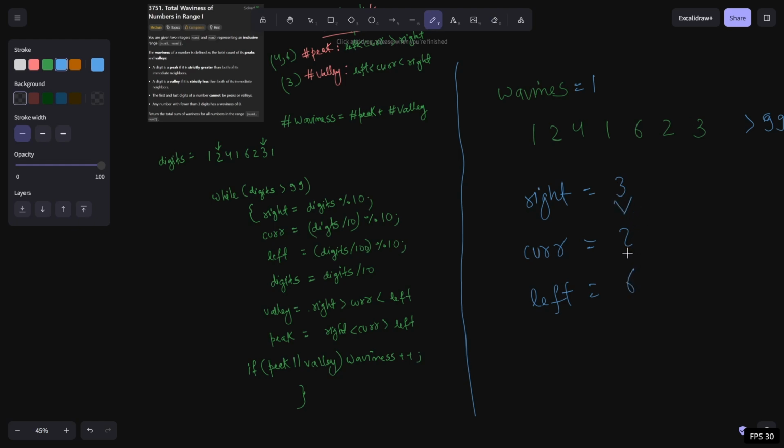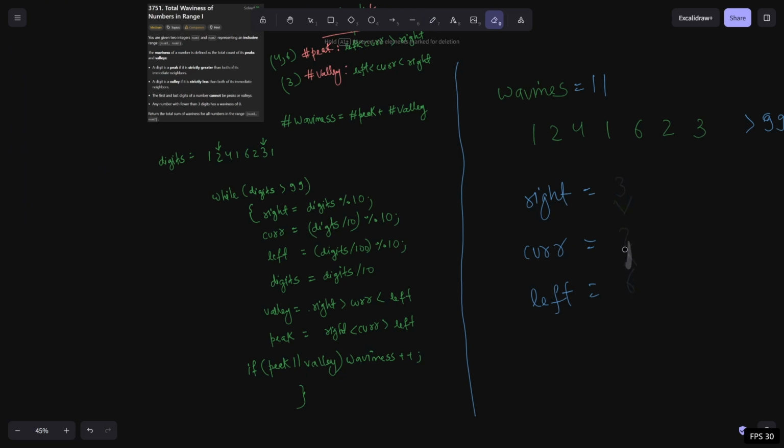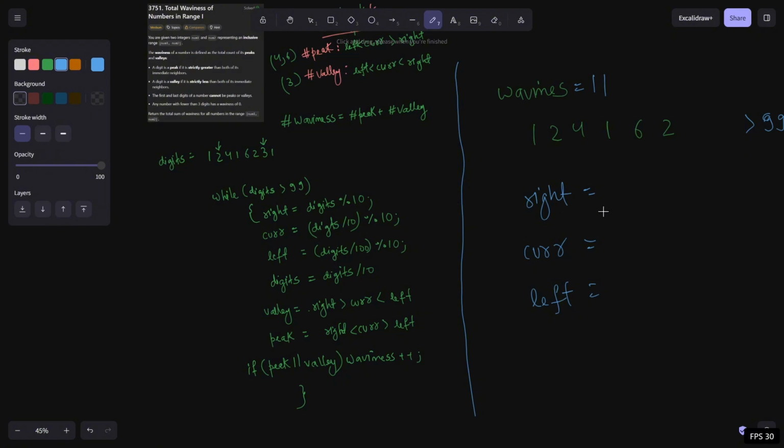So 2 is less than 3 and 6, so it's going to become a valley. So we increase the count of waviness and remove the last digit. Then right becomes 2, current becomes 6, left becomes 1, and we remove the last